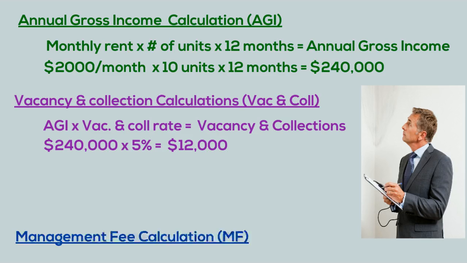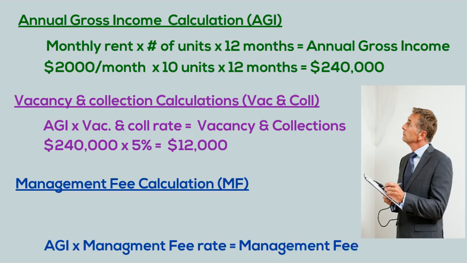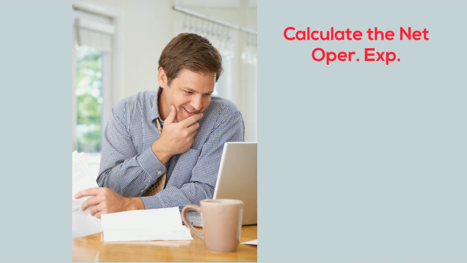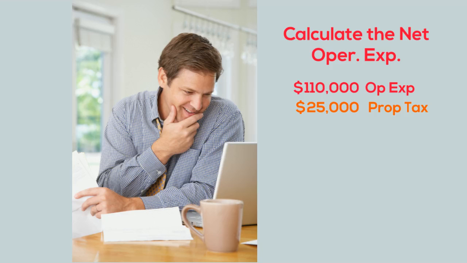The management fee can be calculated by taking the AGI and multiplying by the management fee rate to get the management fee. In this problem, that's $240,000 multiplied by 10%, which equals $24,000. Now it's time to calculate the net operating expenses. It's $100,000 of operating expenses plus $25,000 of property tax, $22,800 for the management fee, to get a total net operating expenses of